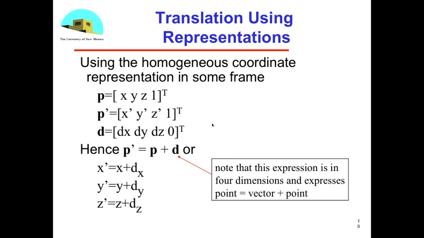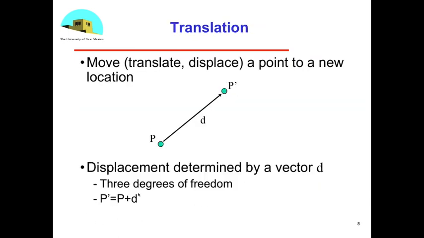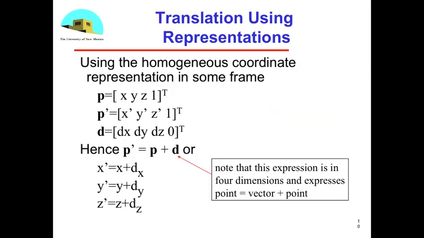So there are some nice checks built into homogeneous coordinates when you just do the very straightforward algebra. But again, this is essentially what we said back here, which is that the new point abstractly is the old point plus some vector,